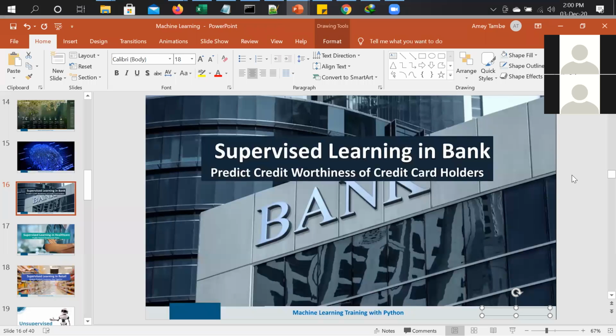So if a particular person's salary is above 1 lakh, then that person is entitled to get a platinum credit card. But the CIBIL score, if that person's CIBIL score is above 900, then definitely that person will get it. What if it is not above 900, and it is between 700 to 800, or between 800 to 900? So the parameter is what? The credit score, the CIBIL score, we used to say.